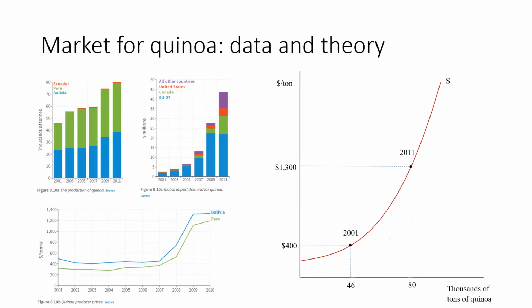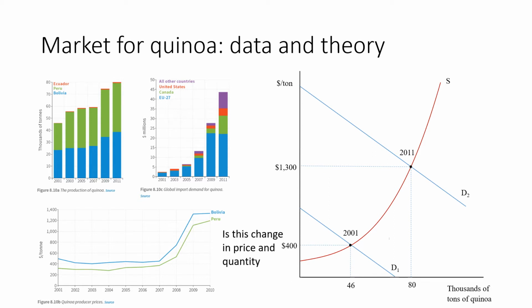But the idea is if all that changed was demand, then both these points would have had to be on a single supply curve, where this is the cheapest quinoa to produce, and it gets more and more expensive to produce each ton as you produce more and more tons, perhaps because you're moving to less and less good land for growing quinoa. And then the demand curve would have to be something like this originally, demand curve 1. In 2001, demand might have been something like this. In 2011, when demand increased, we just moved along that supply curve. So we had both a higher quantity of production and a higher price.